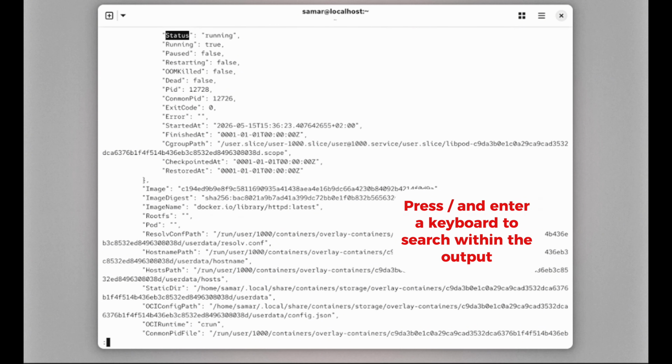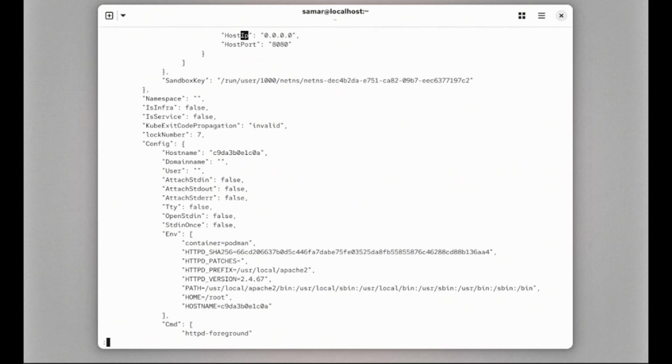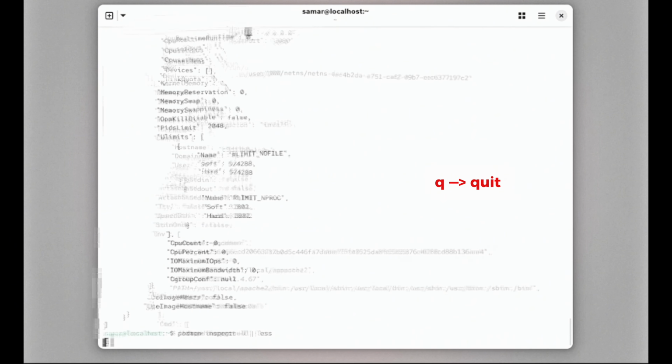Or what IP address was assigned. And because this is how inspection tools are actually used in real environments, not by reading everything, but by investigating specific problems. And this command becomes extremely valuable later when debugging networking or deployment issues. So now let's move on to another command,